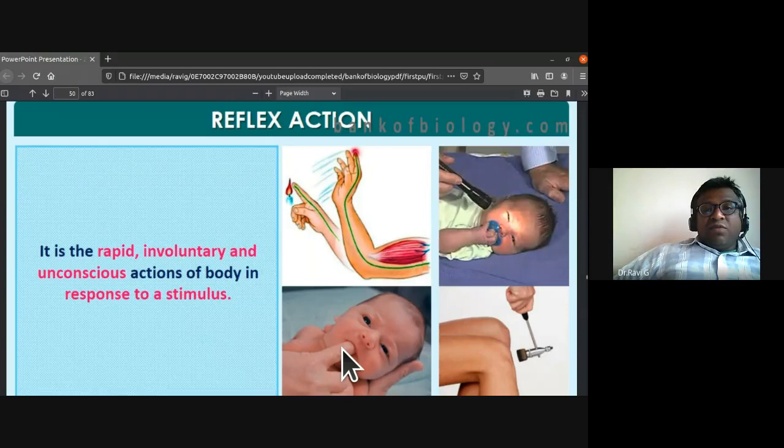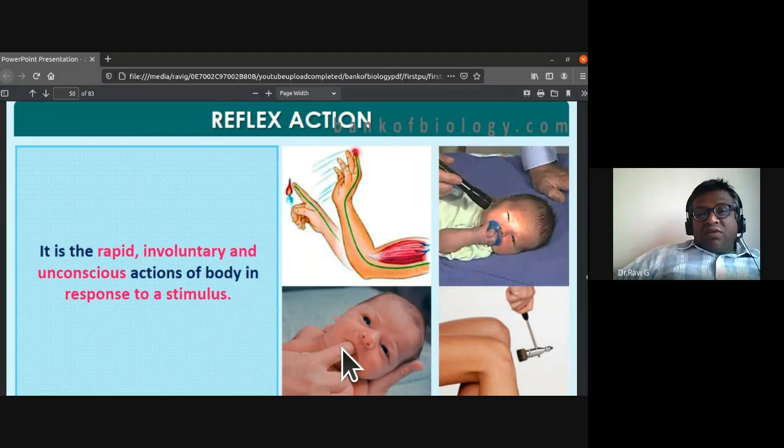So the fielder would have to guess the speed of the ball that is coming at him, which direction it is coming, and what time he has to jump and catch the ball. Before he thinks and he acts, the ball would have gone to the boundary. So there is no such thinking process. Whenever he feels the ball or catches the ball in the slip, it is a reflex action. They have sharp reflexes, so they are going to be very good fielders. This is what you have to remember: even fielding in a cricket field is based on reflex action.